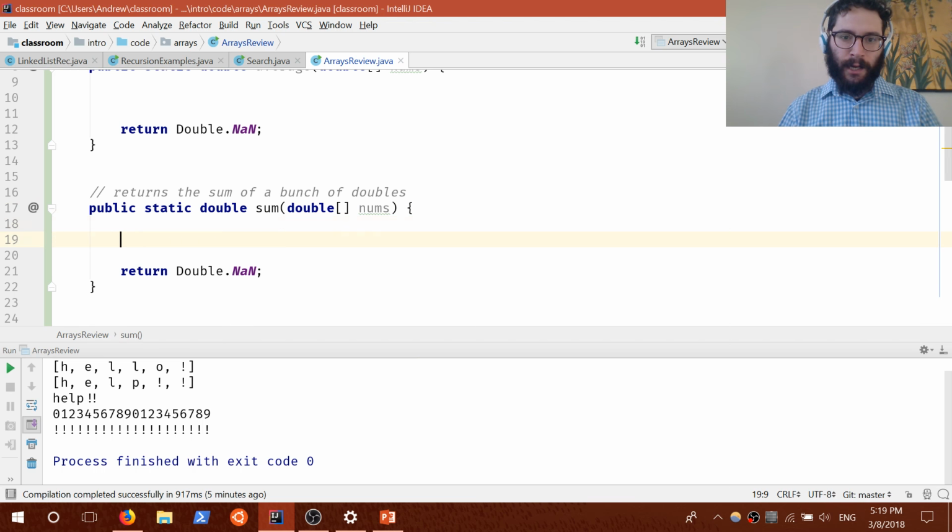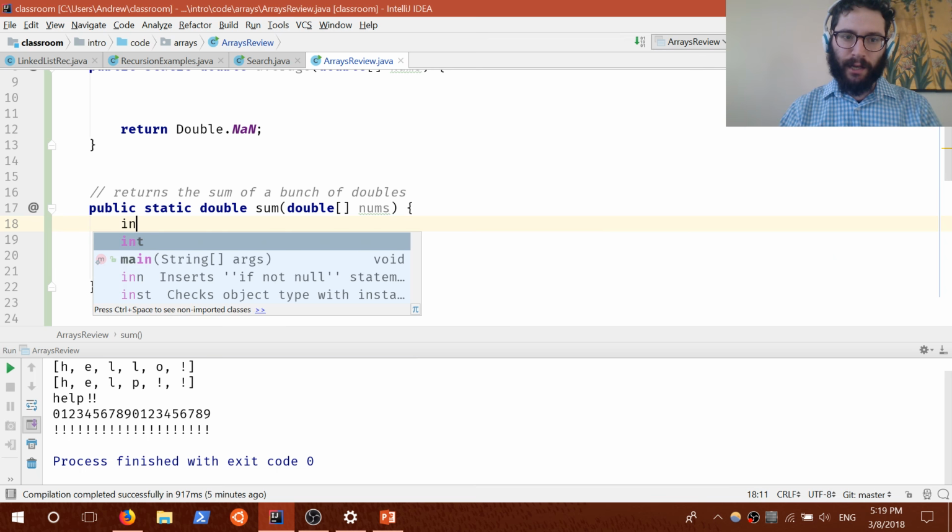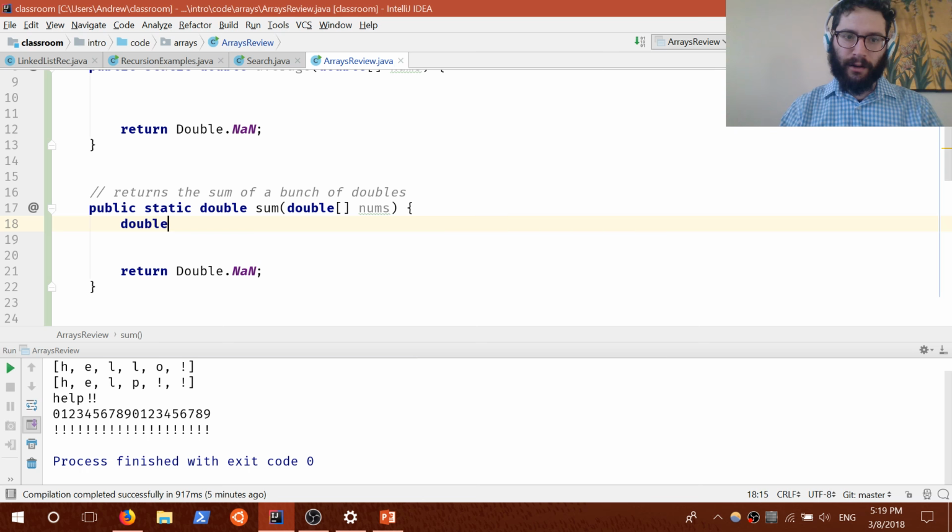So let's go ahead and compute the sum. What we need to do is use a for loop to iterate over all the numbers. First thing we're going to do is create a variable called sum. We can have a method named sum and a double named sum, but that can get a bit confusing. So maybe we call it sumOfNums. sumOfNums is equal to 0. When we're doing a running sum, we'll start at 0. So for